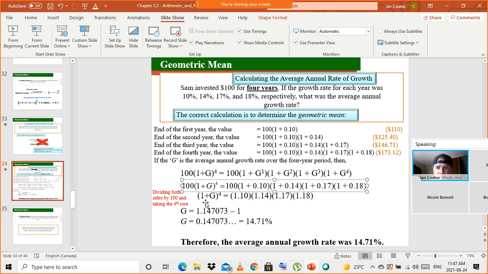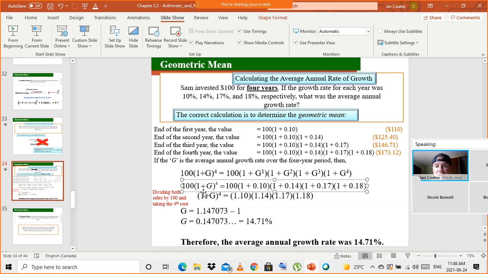And then we take the 4th root of this. So the 4th root of this will just be 1 plus g. That'll go away because exponents and roots are opposite. And since I took the 4th root on this side, I've got to take the 4th root on this side. And we get this number here,